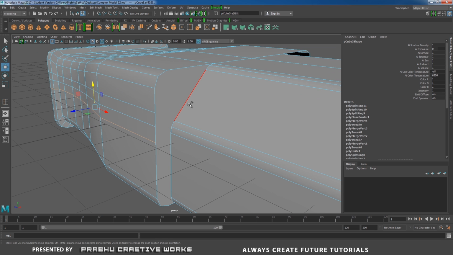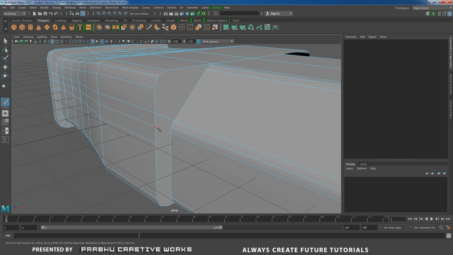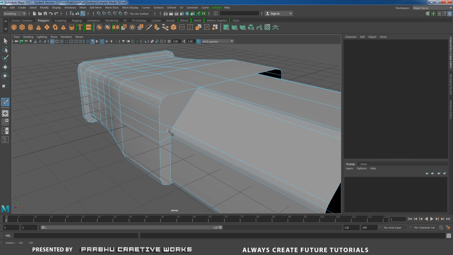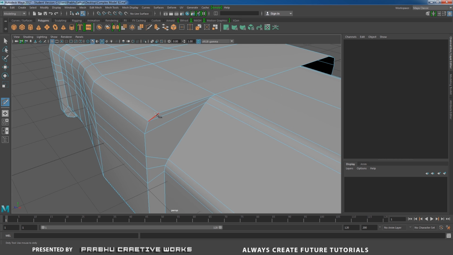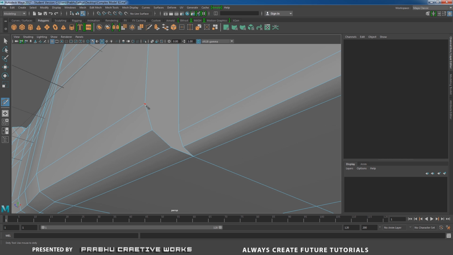Now shift right click and choose multi-cut tool. You need to connect both of these objects and right click. Select both of these vertices and right click. Connect both of these objects and right click. Now click on here and click on here and right click. Click on here and click on here, right click. So do the same thing on the bottom side. Click on here, right click. Click on here,